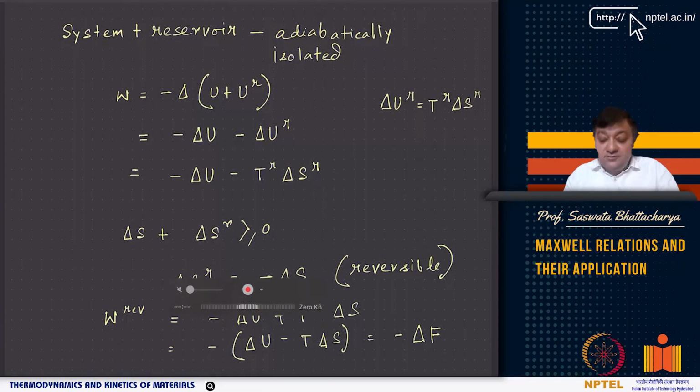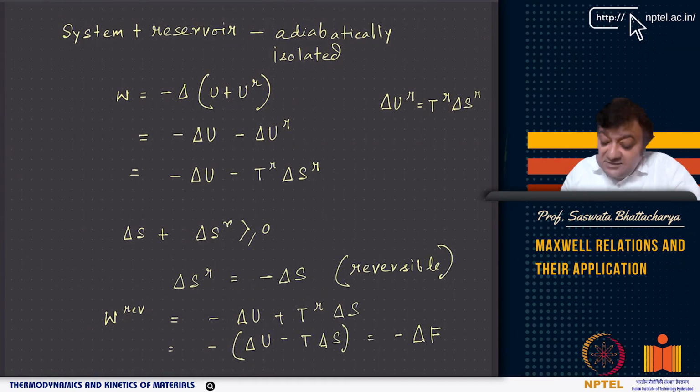We have introduced the concept of reservoir, and the concept of thermodynamic potentials and how they are arrived at. We already defined G and F previously in week 3, but how they come about, how they are related, and what this conjugate relationship is, we have explained. Now you have system and reservoir, right? We have talked about system and reservoir.